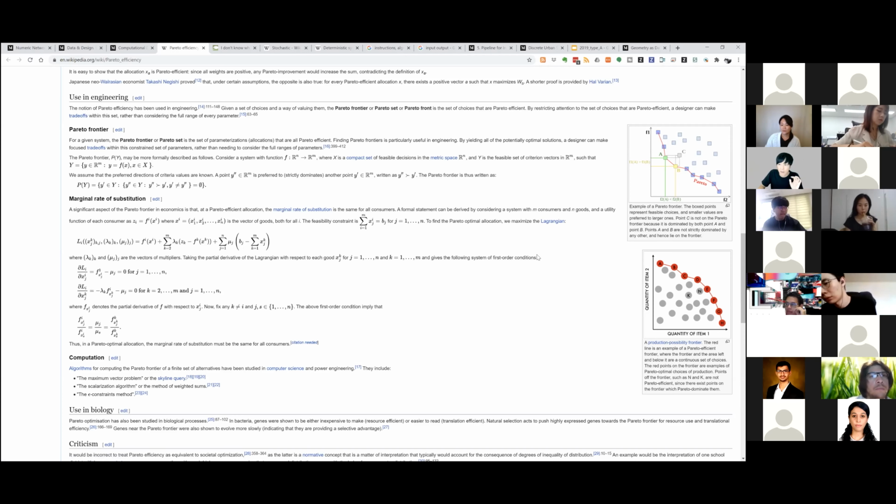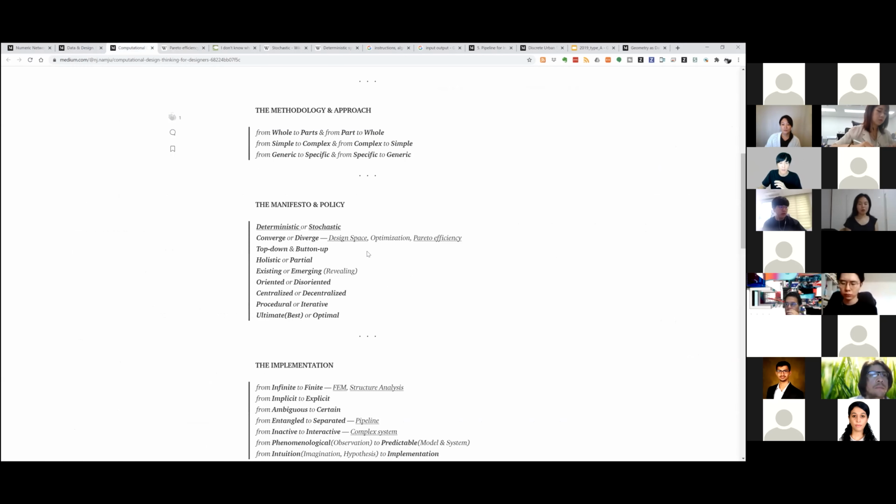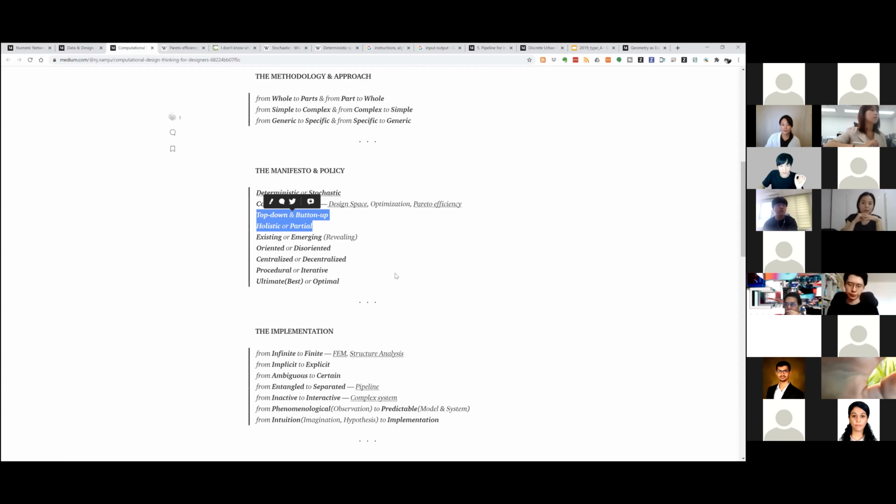I think this is just a good example in this way of describing sort of policy things. And also, I think this is something you guys are already very familiar with. Architecture designers also talk a lot about top-down approach and bottom-up approach, like holistic approach or partial approach. I don't need to explain, right? But that one is also very interesting, right?